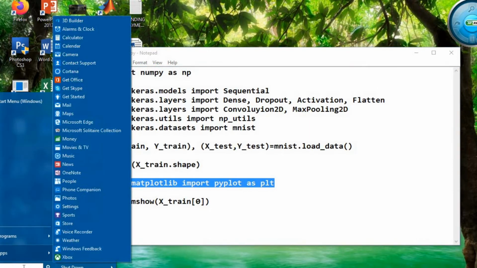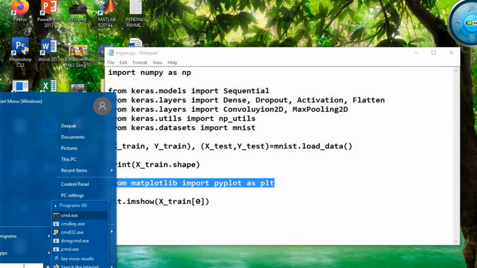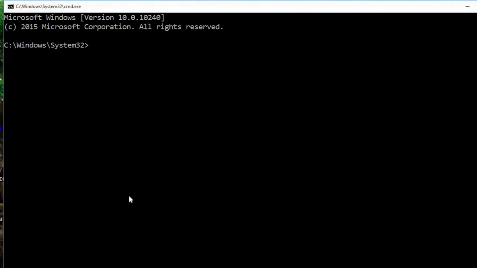So let's open up the command window, and then just like yesterday we'll go for cd space. Next, first of all install matplotlib. So this is the command pip3 install matplotlib.